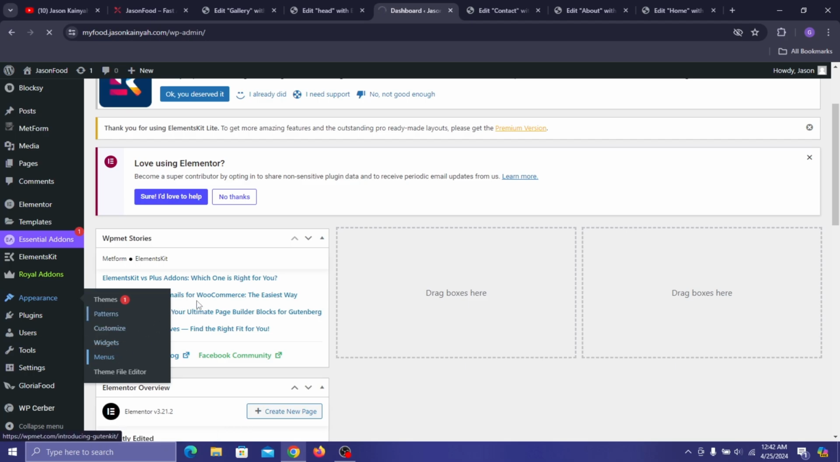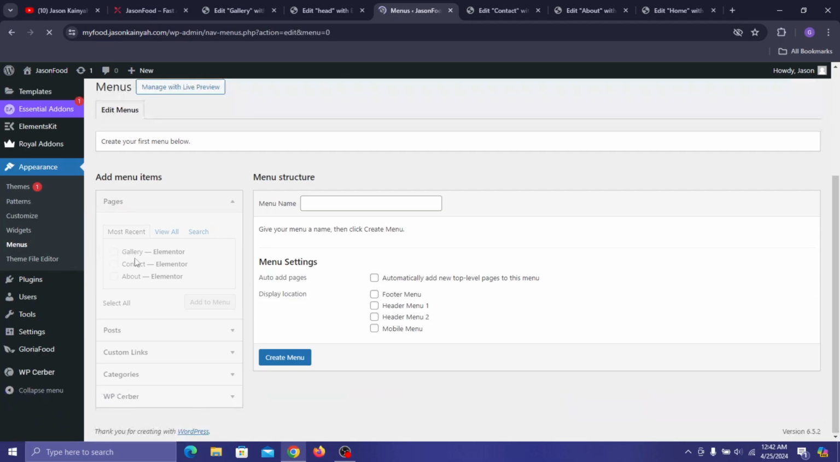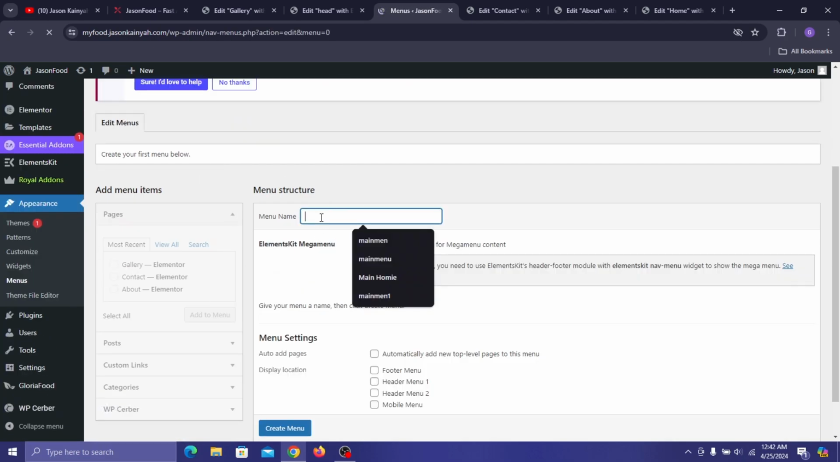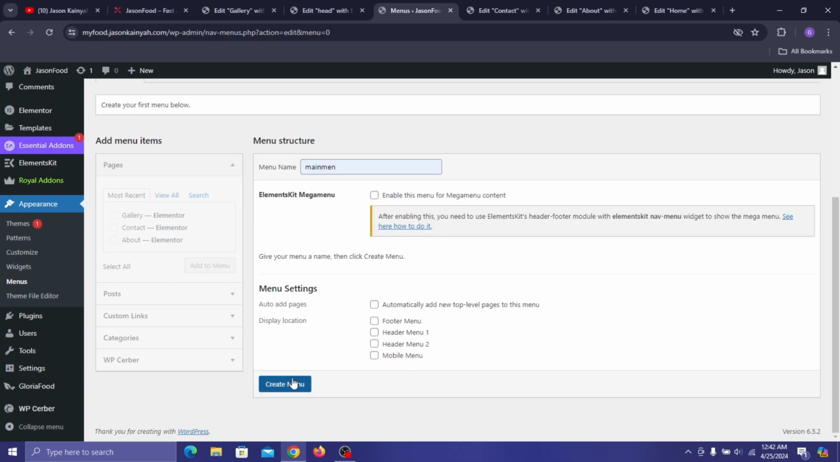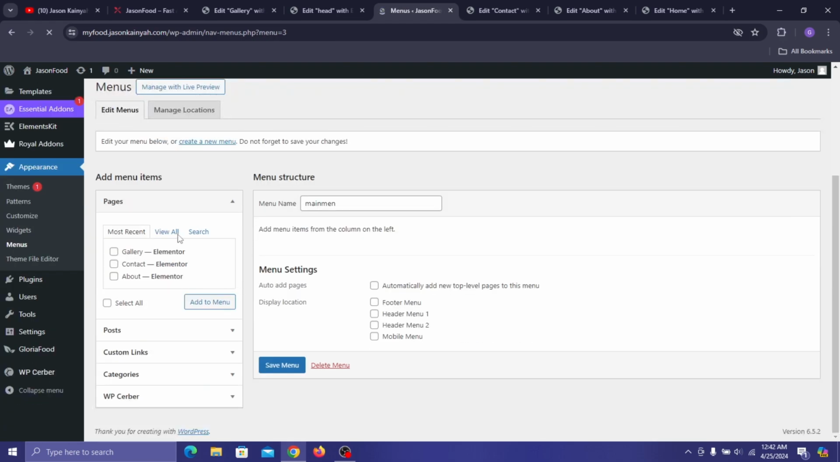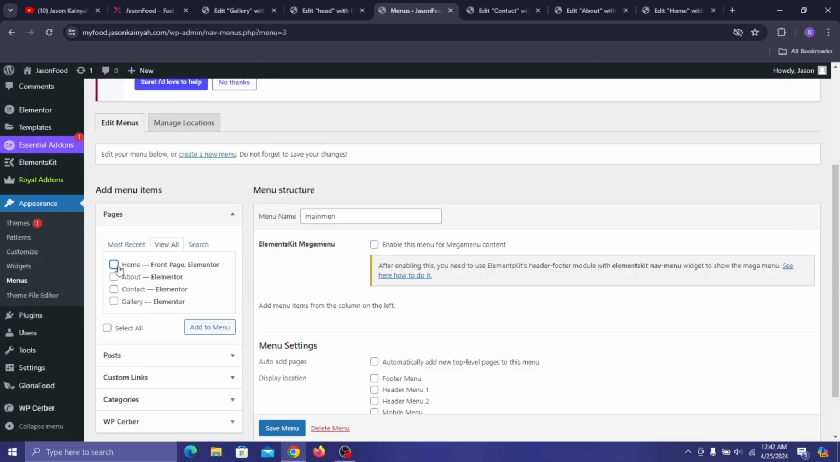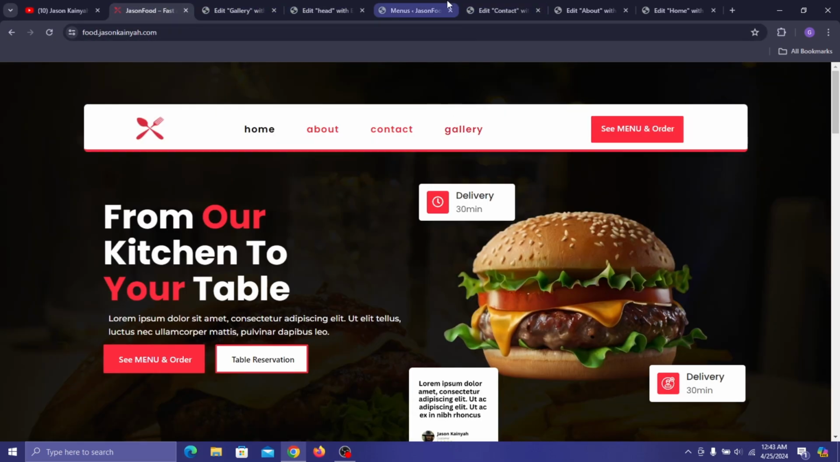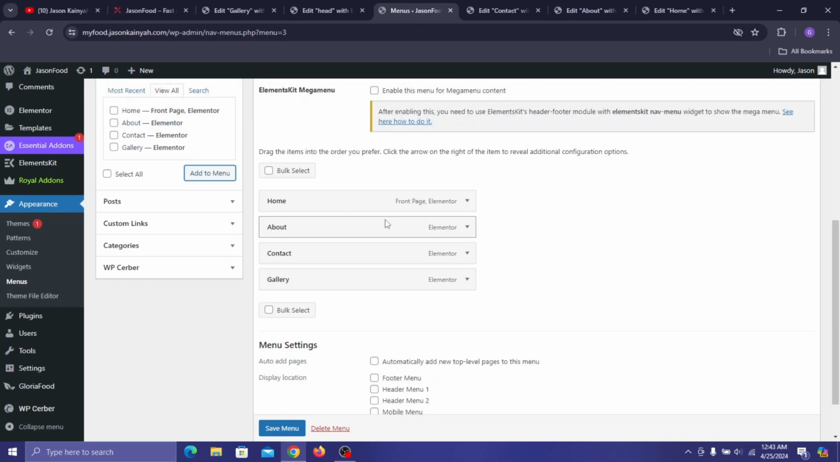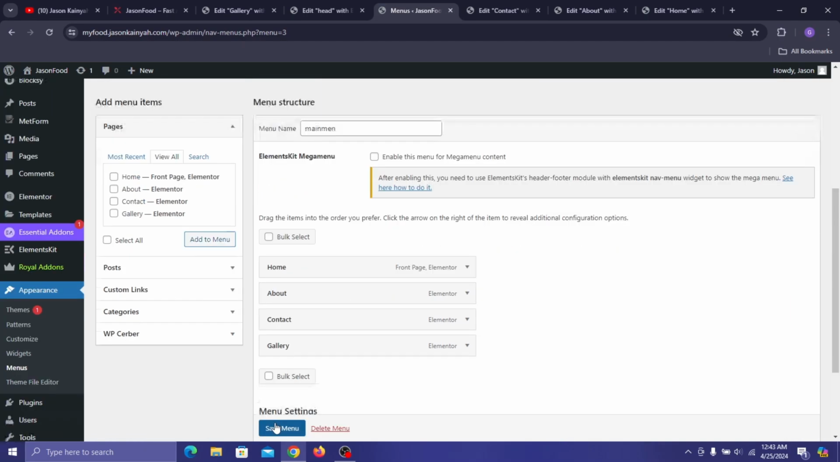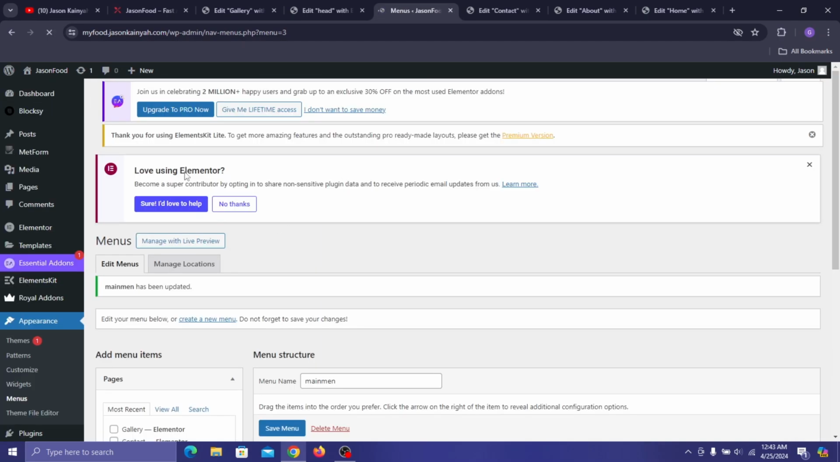Okay, so click on menus, and then over here the menu name, you can call it maybe main menu or something like this. Okay, then just click on create menu. It's going to create a menu for you. So here, click on view all, and then add the home, about, contact, and gallery page to the menu. Okay, so here click on add to menu, and if I go here, gallery page is the last page, so the order is correct. So here you can just click on save menu,